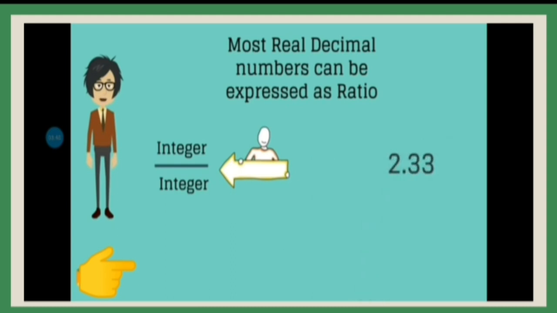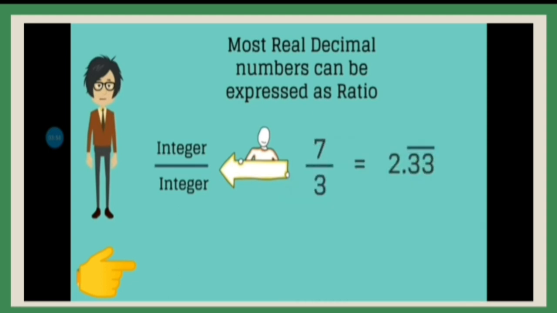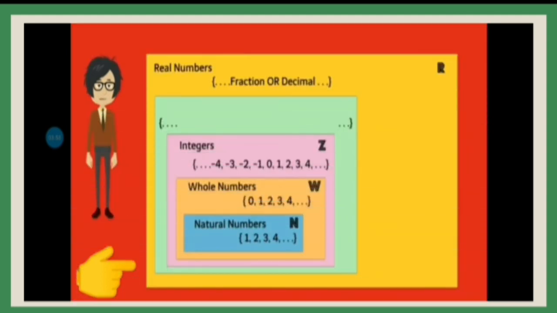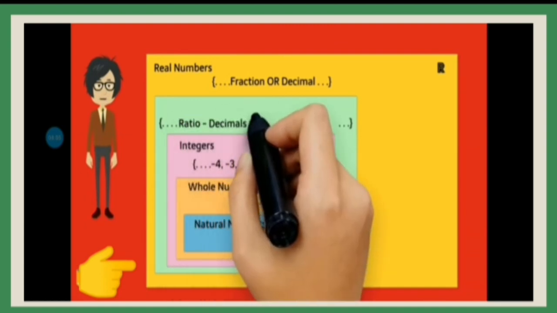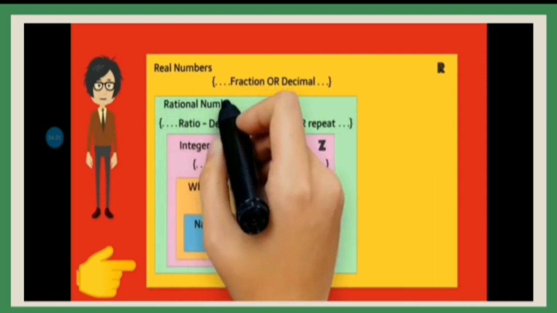Also, 2.33, where the decimal 3 keeps repeating forever, can be expressed as 7 upon 3. So the numbers that can be expressed as ratio of integers, where the decimals terminate or repeat, are called rational